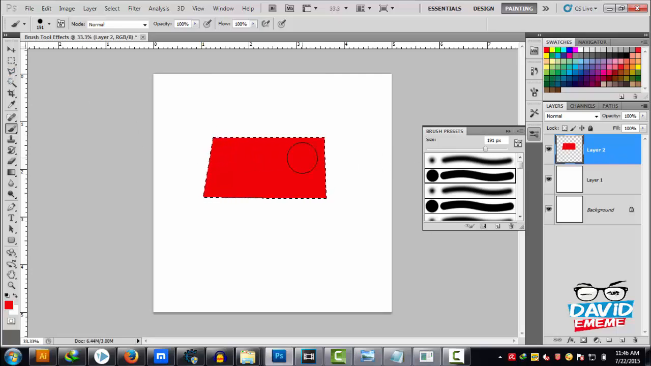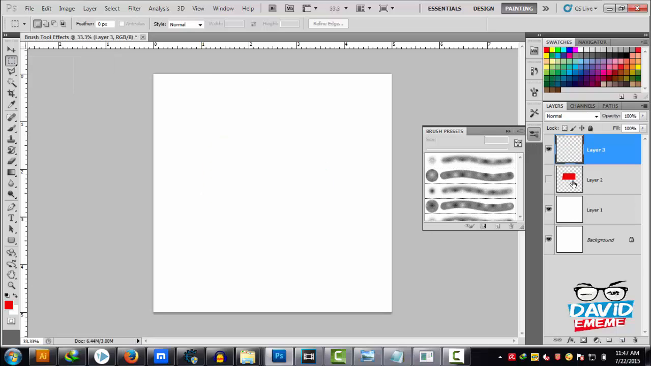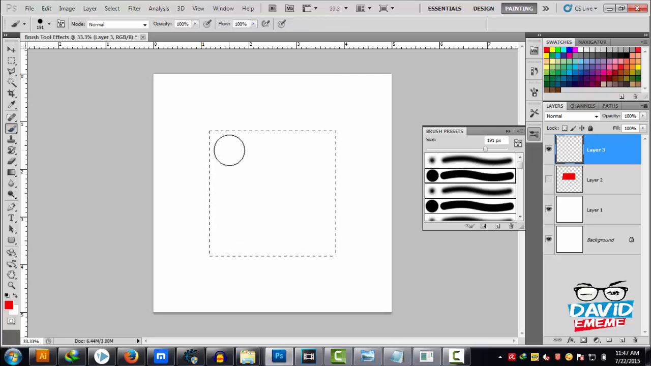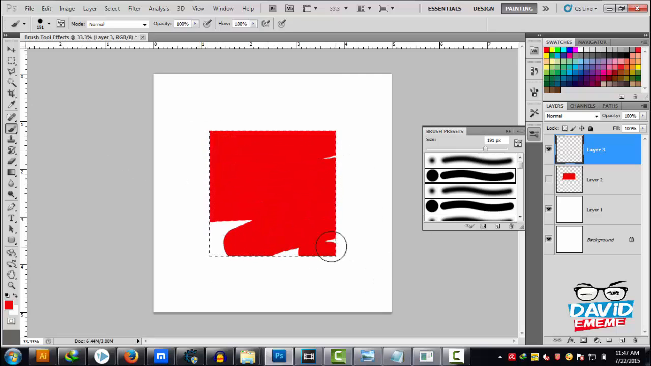Also press Ctrl D to deselect, or you come to your rectangular marquee tool. Let me hide this layer and create another layer. Just close this eye, and you create a rectangle, and you come to your brush, or you press B for it. You can easily brush that section of it, and you'll probably be seeing a lot of uses when you're editing. Probably when you're editing logos,